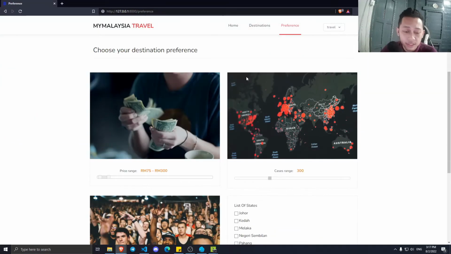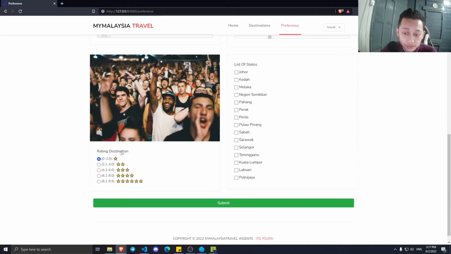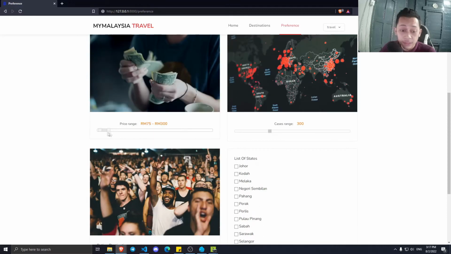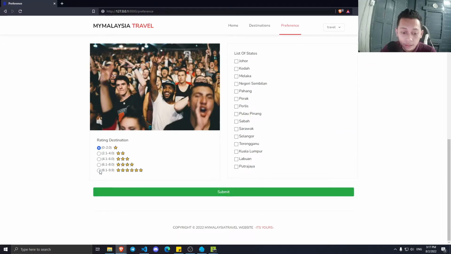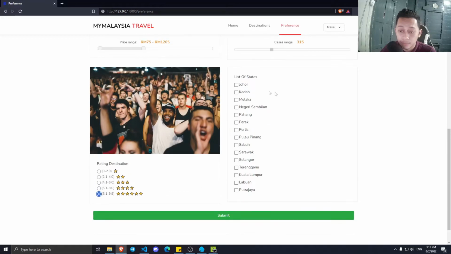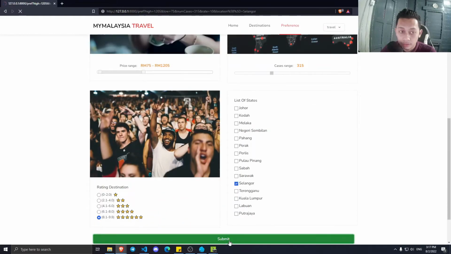So we can see that the user can set their own destination preference, which is the price range, cases of COVID-19 range, the rating of the destination, and list of state. So let's try to put 1,200. The cases is 315, and let's try to choose 8.1 rate to 9.9, and for the list of state, let's choose Selangor. Right, let's try. So when we submit,